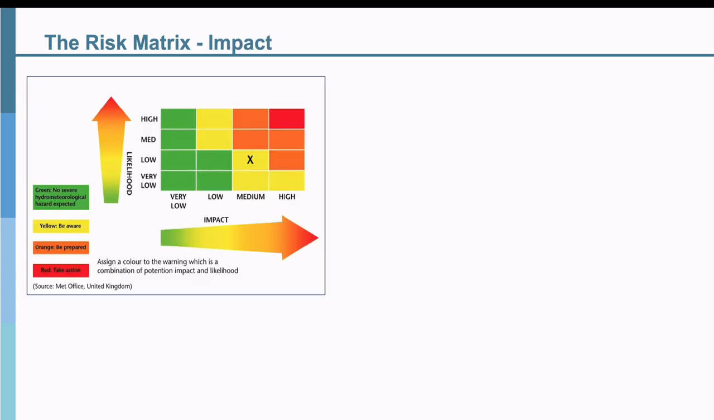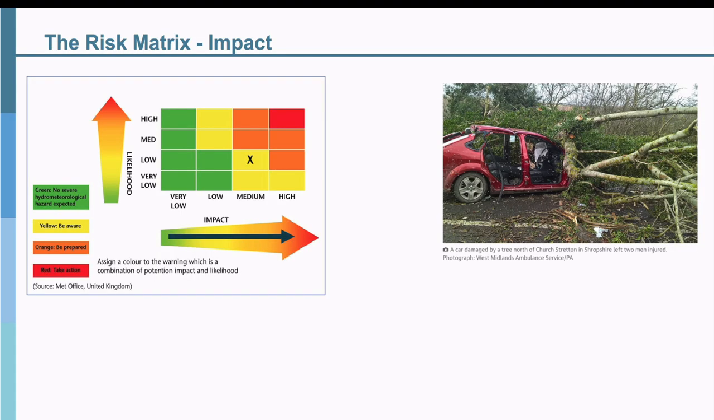In this slide, we will focus on impact. On the horizontal axis of the risk matrix, there are 4 categories of impact: very low, low, medium, and high. The impact categories are defined by the potential effects of a given hazard, not just whether the hazard reaches some predefined threshold. For example, if we think in terms of wind warnings, the potential effects are translated to impact-focused definitions